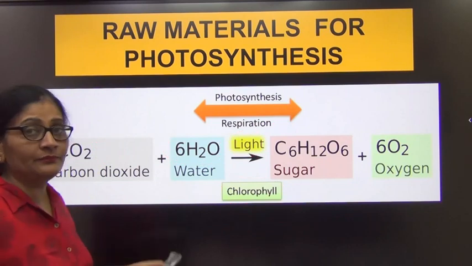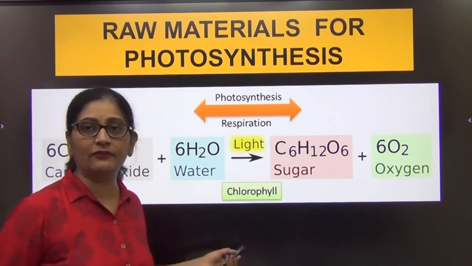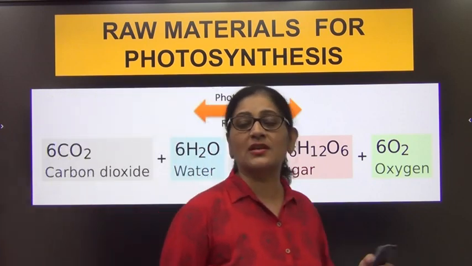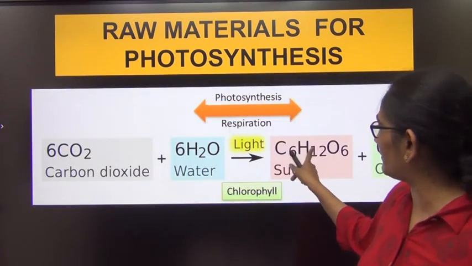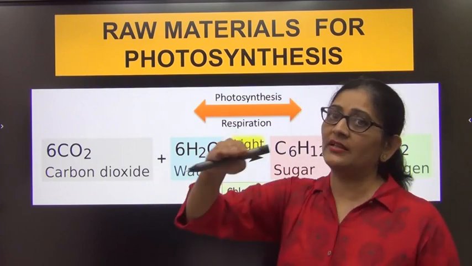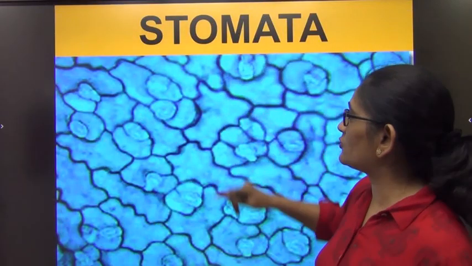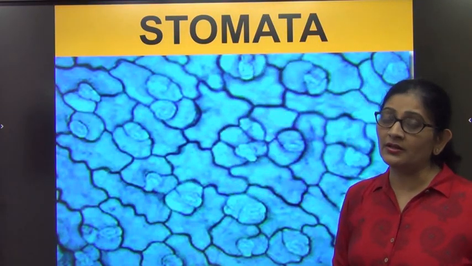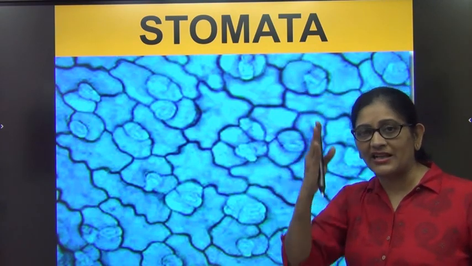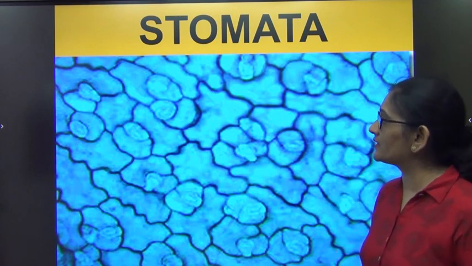So first, carbon dioxide is one of the major ingredients for photosynthesis, since the carbon and oxygen of glucose are both given by carbon dioxide. It is abundant in the air, but how to take it? Because the leaf is covered by a waxy cuticle. So there is a structure called stomata, and this stomata helps us take in carbon dioxide, but as we take in carbon dioxide, water is also lost through these apertures. So what is this stomata?